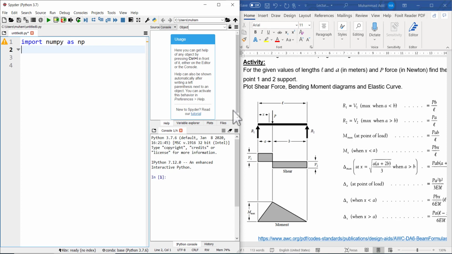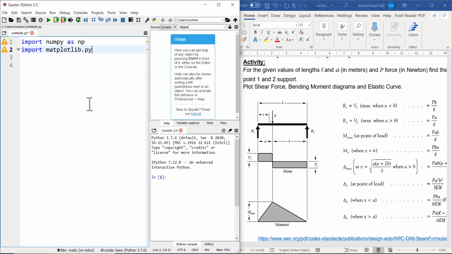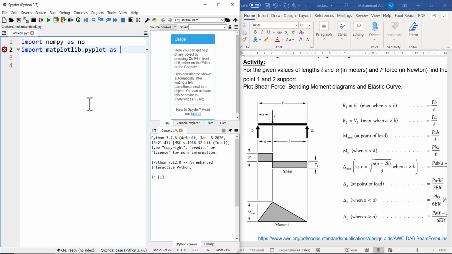Next, we need to draw graphs, and for graphs there are several libraries available, but for us, we already have started learning the Matplotlib library. So let us import Matplotlib library. Specifically, it's the pyplot class. So I'll say import matplotlib, and we are interested in pyplot. So we're getting good help here, as plt,